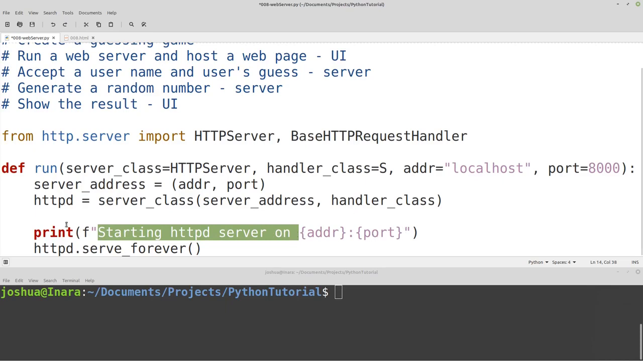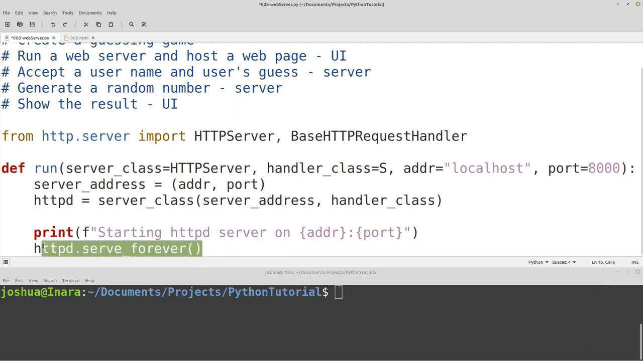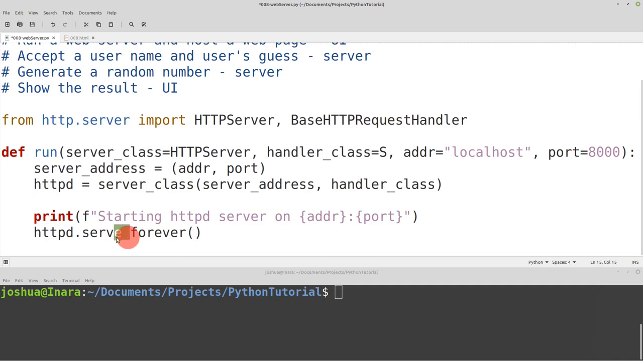Okay, and then to actually start the web server, we have httpd.serve_forever, and this is a method of HTTPD. Okay, so now what this function does, if we call it, it will start an HTTP server listening on your computer. Okay, now by default, an HTTP server will automatically serve a file called index.html that's in the same directory